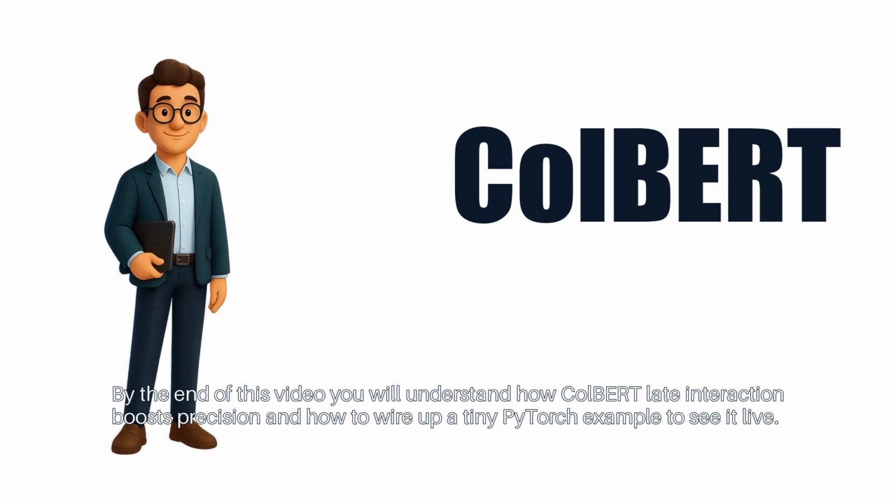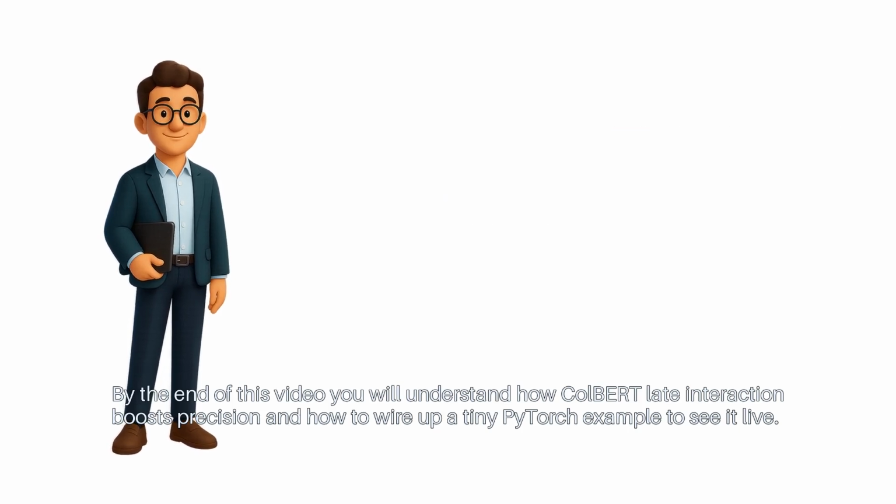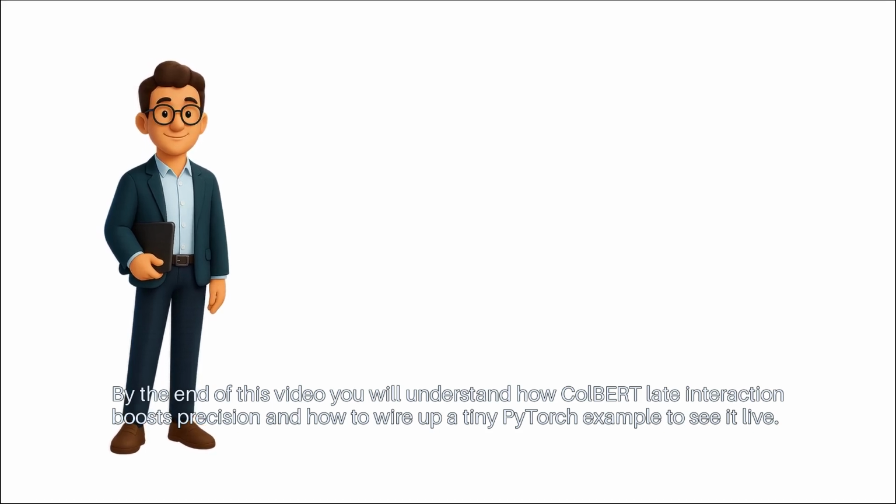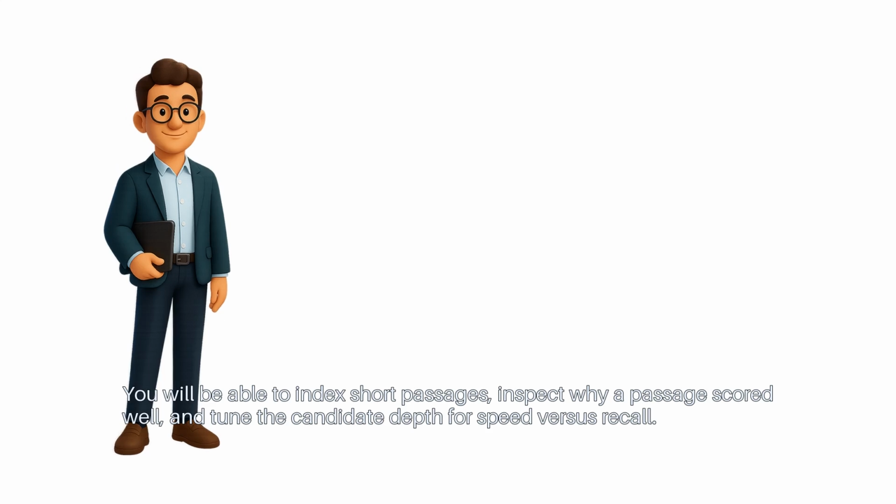By the end of this video, you will understand how ColBERT late interaction boosts precision, and how to wire up a tiny PyTorch example to see it live. You will be able to index short passages, inspect why a passage scored well, and tune the candidate depth for